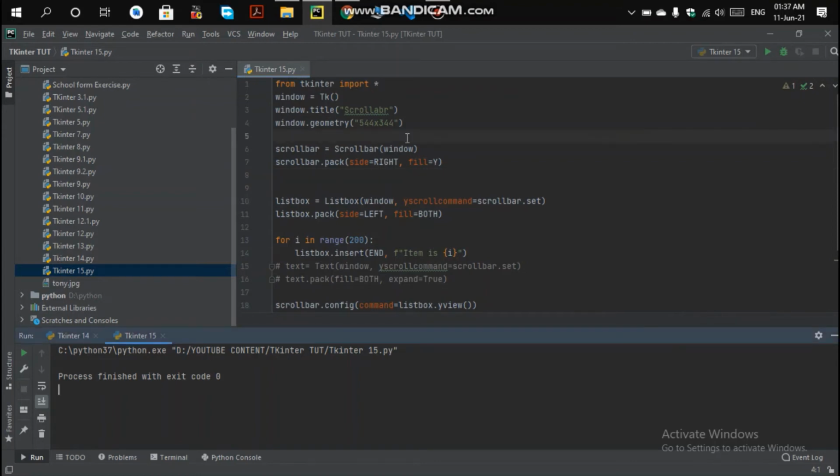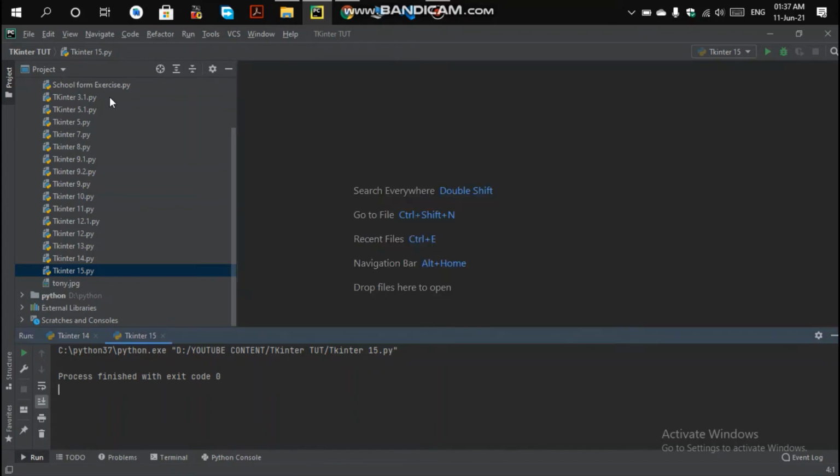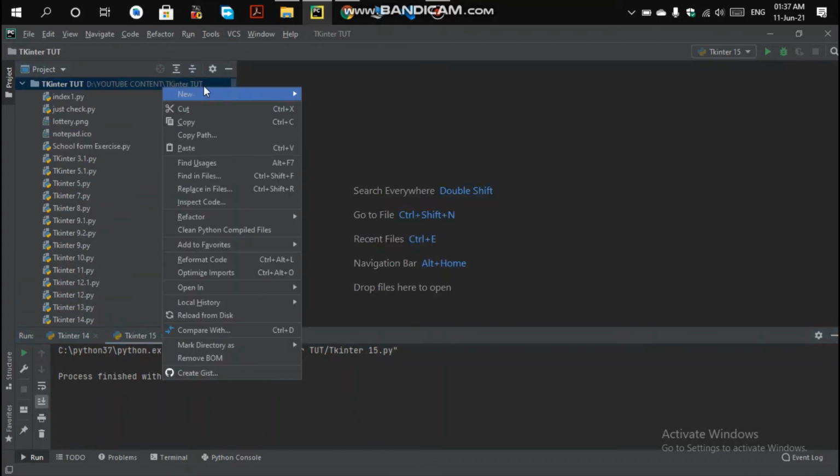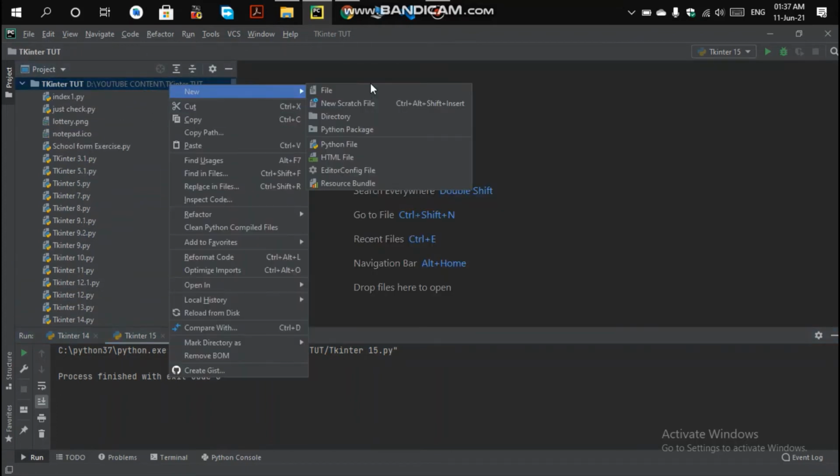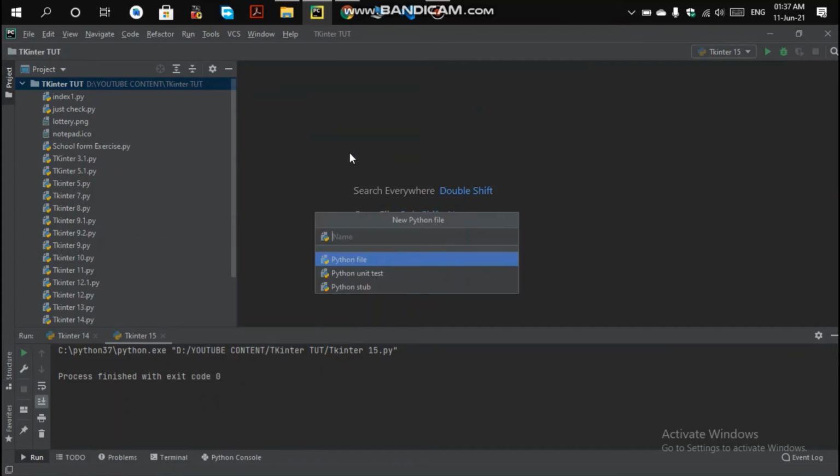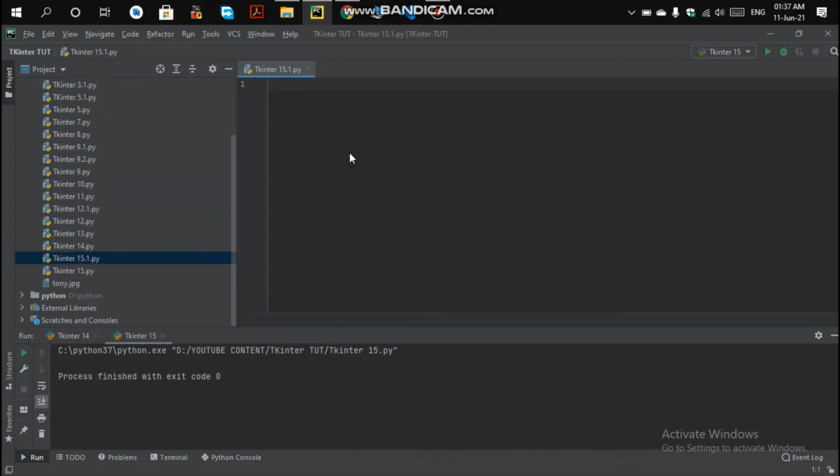Next we are going to use the sliders. Okay, so let me create a 15.1 file here. So into the sliders, you can call it scale also.